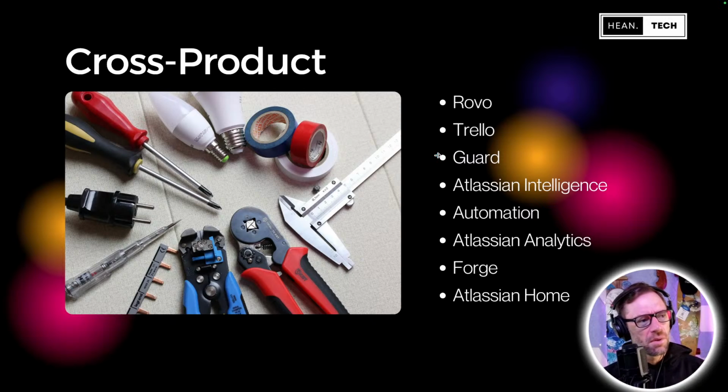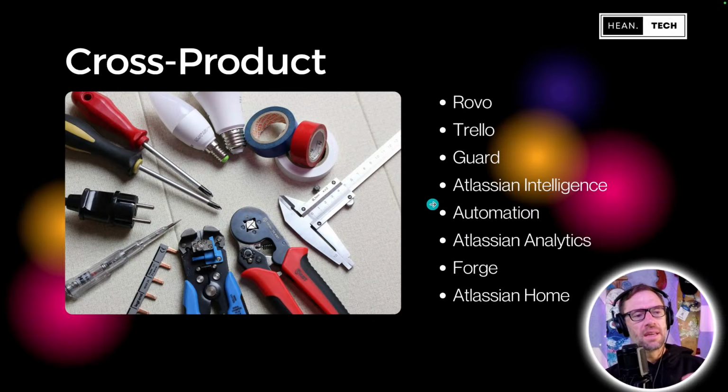But this category also includes things like Atlassian Guard, their security app that helps you make sure everything is secured. Atlassian Intelligence, their AI tool, because it's cross-platform, right? But even automations are included in here, which I don't think of as a separate app, but it is something that spans different products. So anytime I see a product that could be used in Confluence or Jira, or in Jira Align or somewhere else, Trello Queen, that'll work, Rodney, thank you. It goes into this bucket.